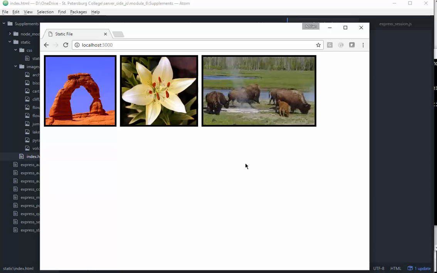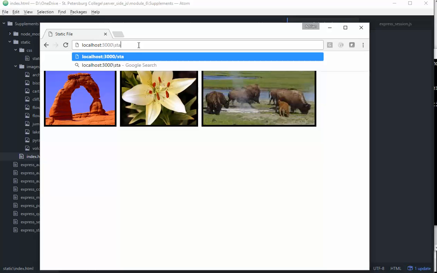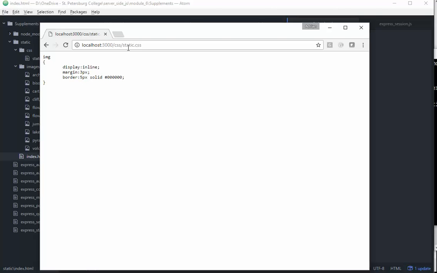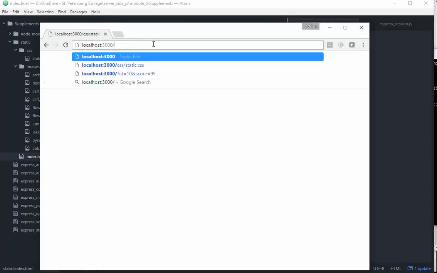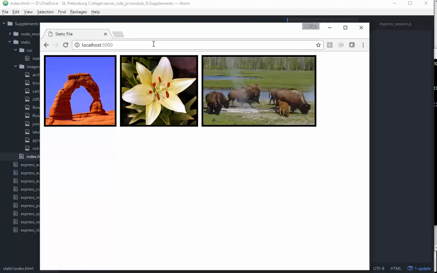And let's say we wanted to access the resources directly. Let's see if we did CSS slash static.css, I get my CSS file. Notice I didn't have to specify the static directory, nor did I have to specify the index. When I went to the index page, it was able to find all those static files for me, and this is the line of code that